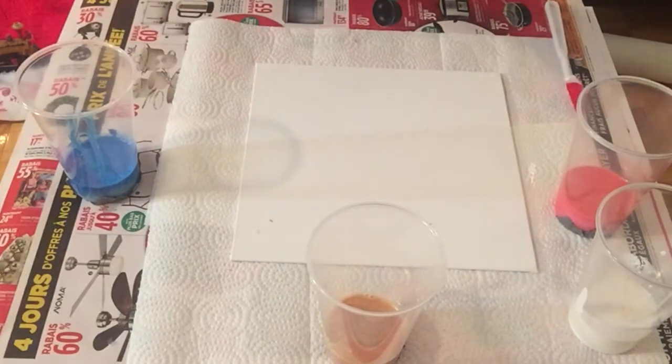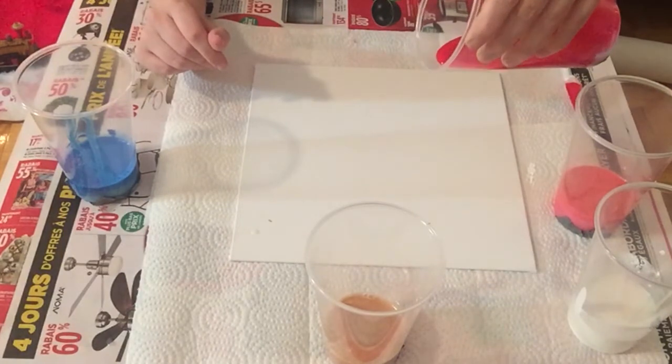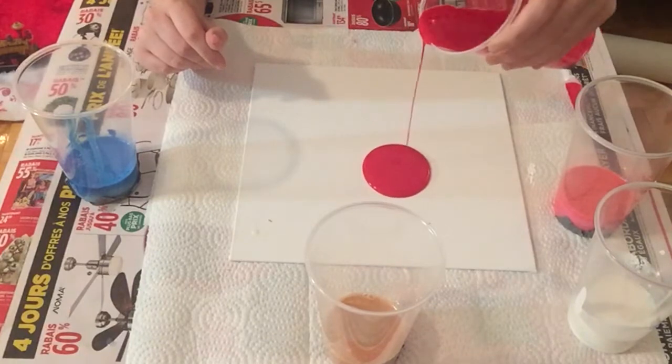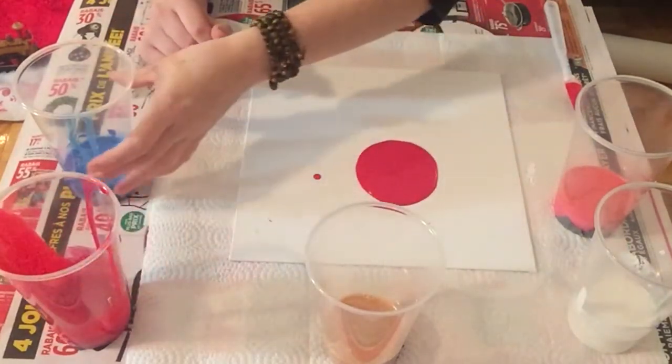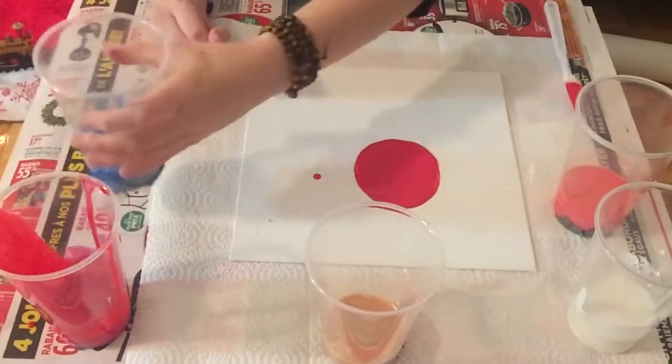And here we go. So you need to pour it. I'm gonna try to do it without being messy. I'm gonna do this round shape first, and I'm just going to show you the first fantastic thing that you can have with this kind